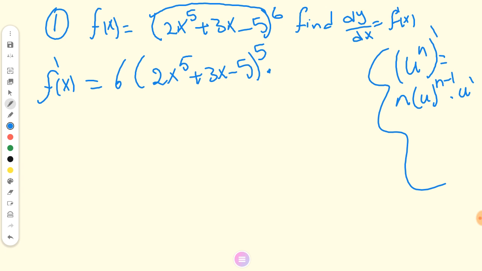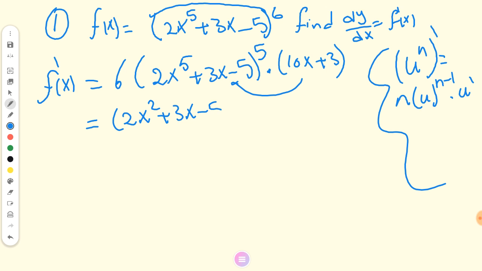General power rule is a chain rule also, okay? The derivative of a composite function. Here it will be 10x, the derivative of what inside, plus 3. Now to simplify, I distribute 6 on the bracket, which is raised to power 1, no more. So it will be what? 2x squared plus 3x minus 5 all to power 5 multiply,